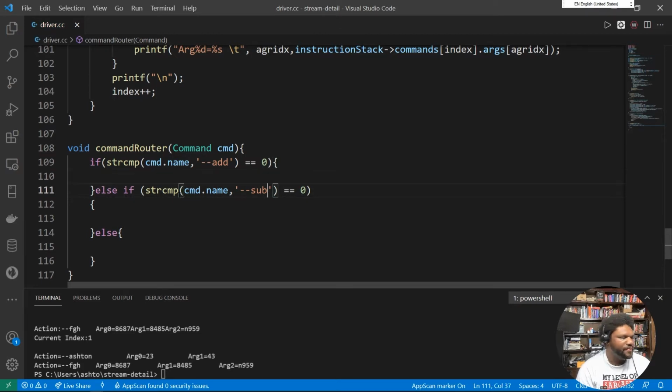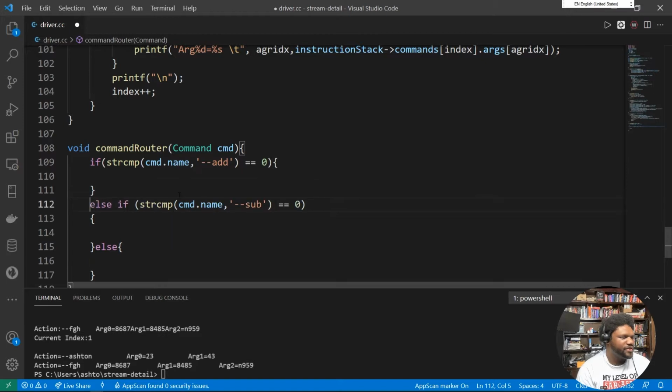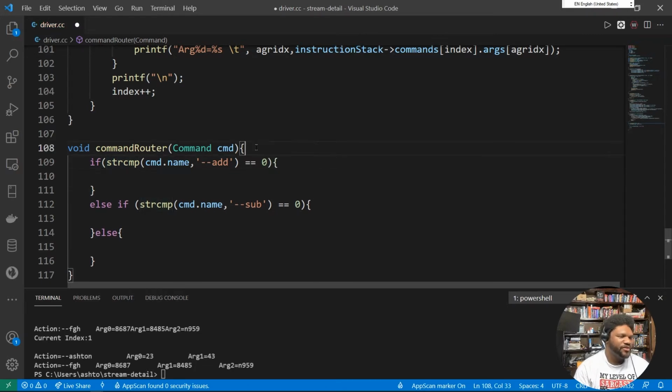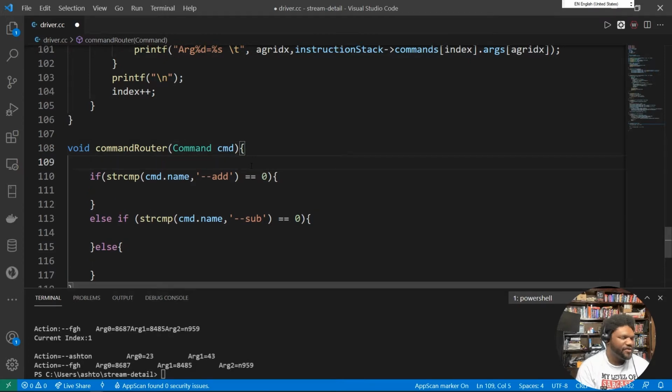And let's kind of put this on another line. Let's take this, put it this way. So now we have to iterate through those arguments as well. So let's take the command on the outside. What we're going to do is grab the size. I'd rather grab the size on the outside instead of calling the size more than once. So I'm going to do an int, and we'll do the arg size, arg size equal to CMD dot